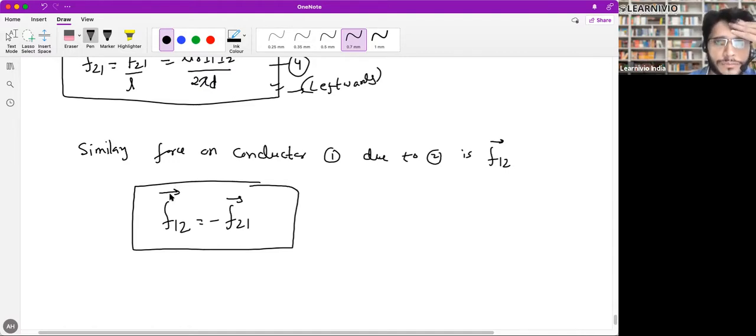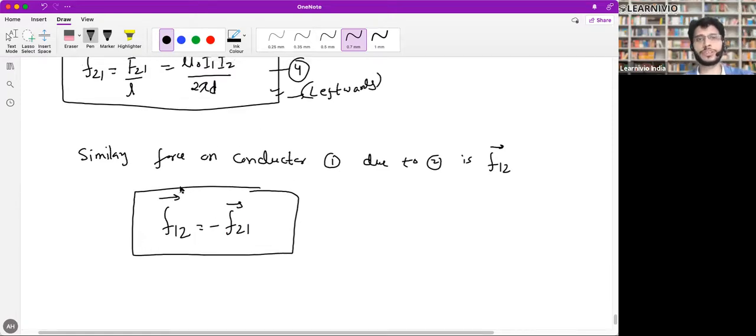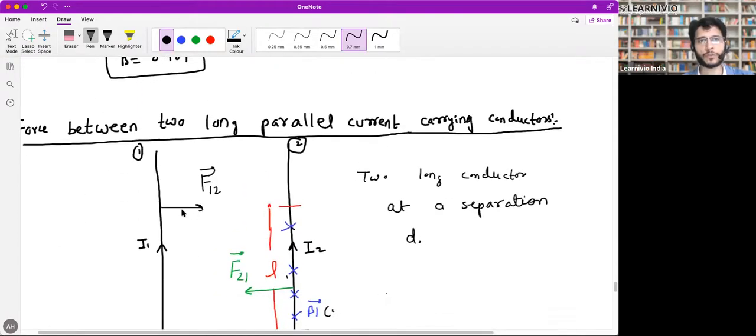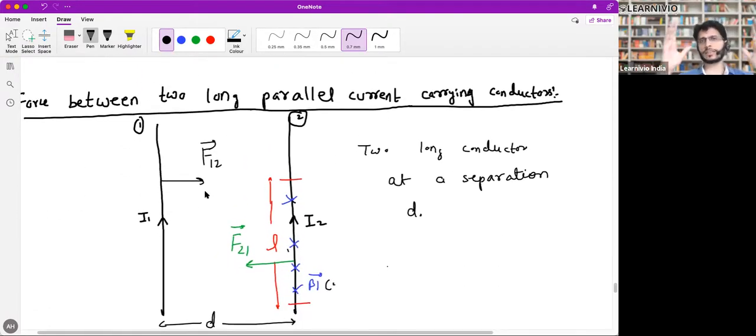Shahzada, is it clear now? Yes, sir. So this is how we can calculate force between two conductors. If you look at the direction of the force, what do you think? Are these two conductors attracting each other or trying to repel each other? If you have two bodies, both are pulling each other toward itself, they are attracted. These two conductors are attracting each other.